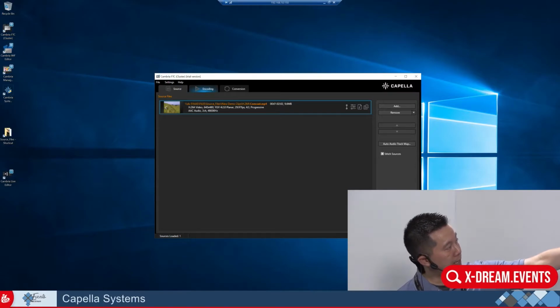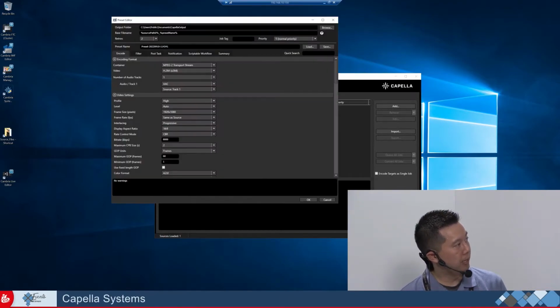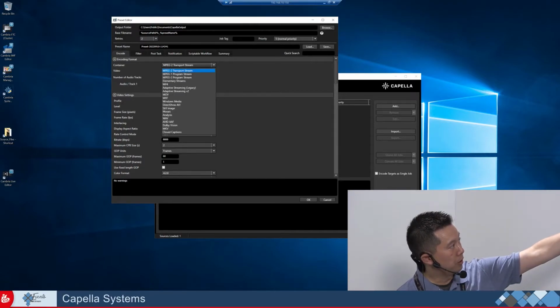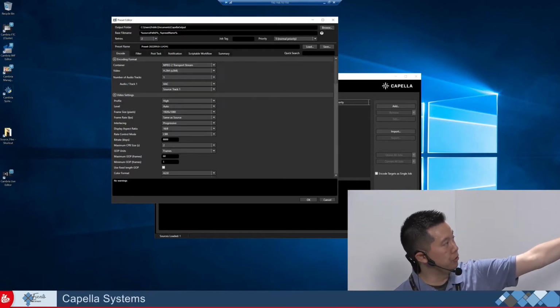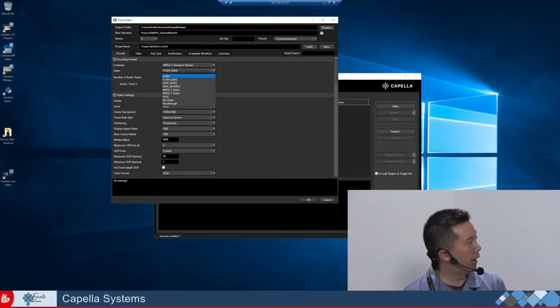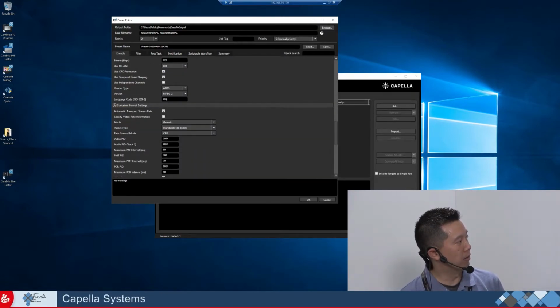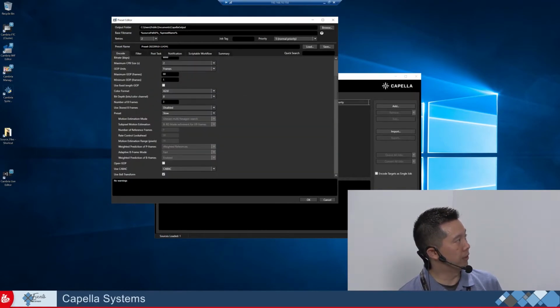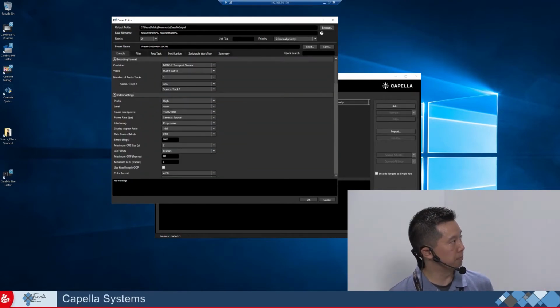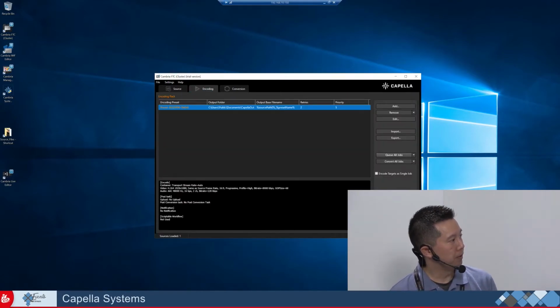The next tab over is setting up targets. So I'm going to click on that. When we add a target, you'll see that you can select the container that you want to use. You then select the video codec you would like to encode out to. And then there are encoder settings as well as audio encoder settings down on this list. So you can configure the preset to exactly what you want. Once you're done with that, you can click on OK and hit the convert button here, and then it'll